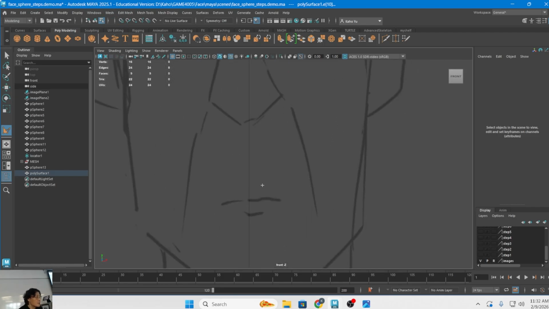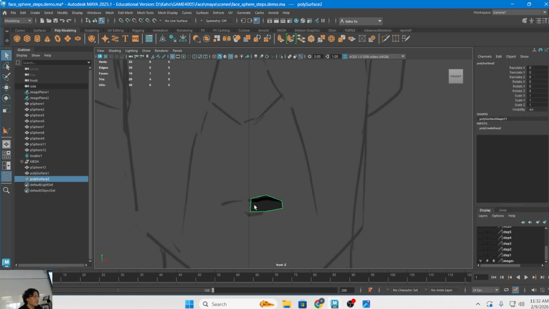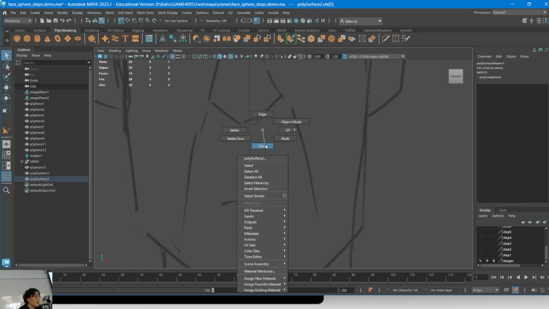Okay, so let's just roughly draw out a shape. And move these to the center. Snap it to the center, okay,